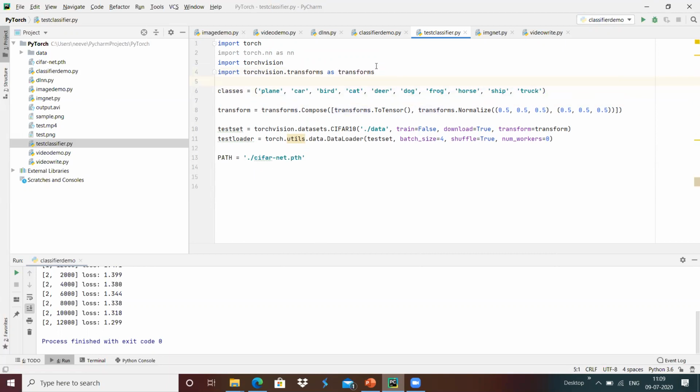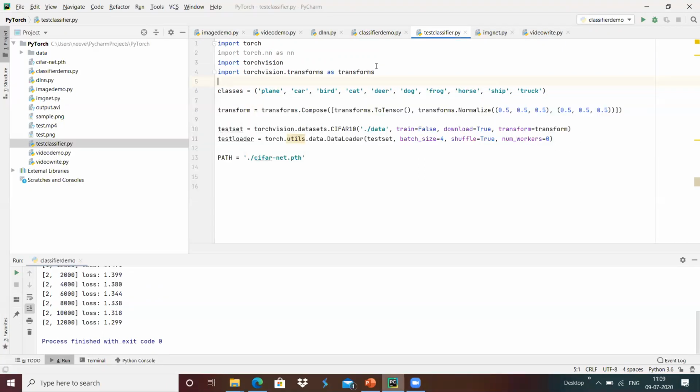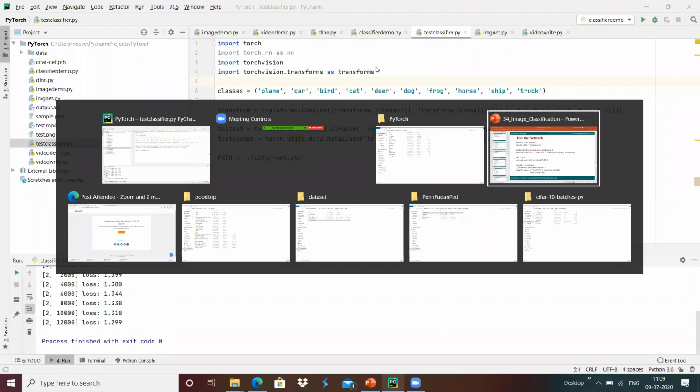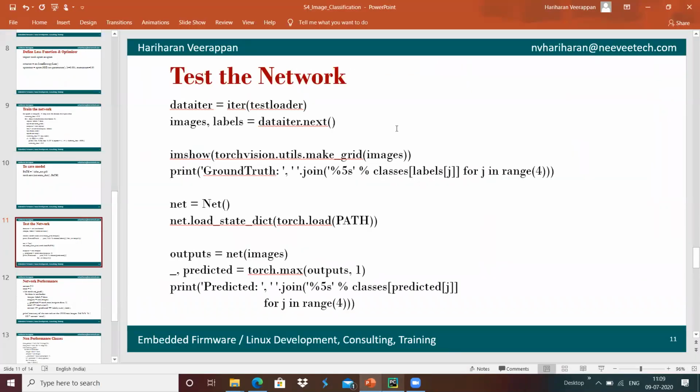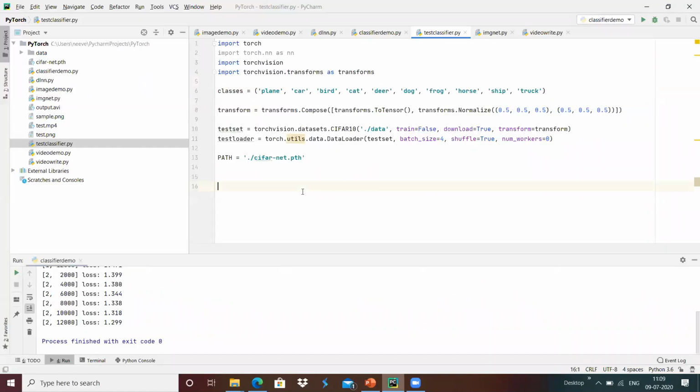We can choose an image from the test loader, which we are going to do iteratively with the help of the loader. Which means that I'm going to do data loader equals iter of test loader over here.